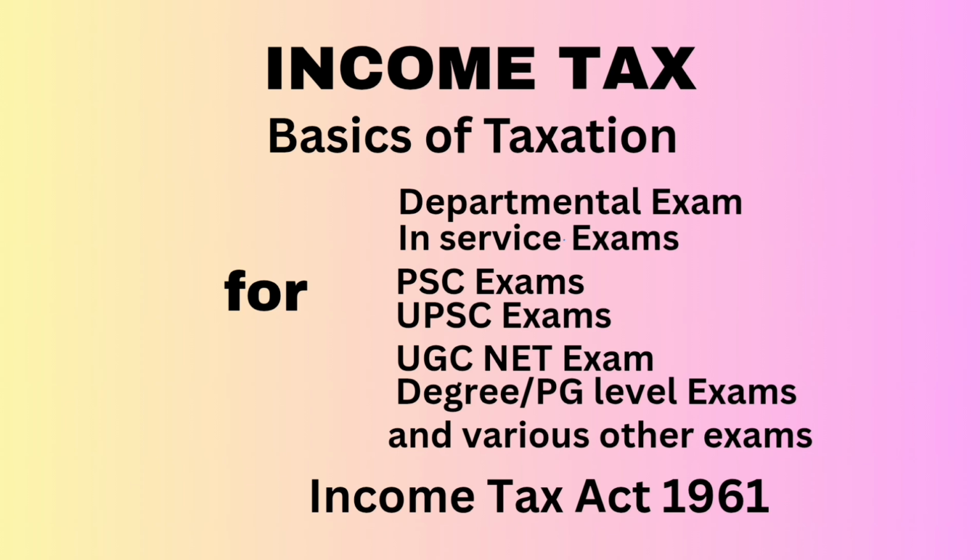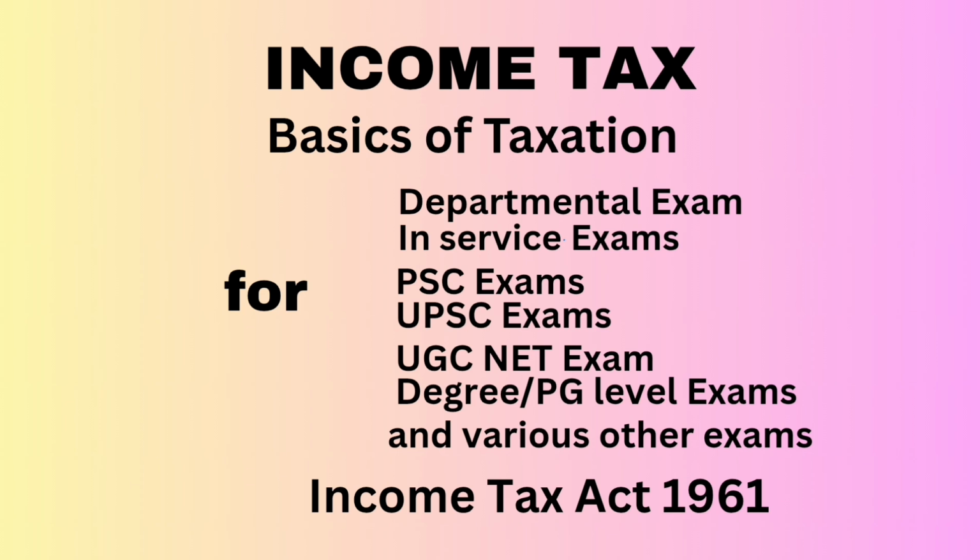23. Value of shares of a company in which public are not substantially interested, received in any previous year by a firm or a company in which public are not substantially interested, from any person or persons under section 56 subsection 2 subclause 7a. 24. Any consideration received for issue of shares as exceeds the fair market value of the shares referred to under section 56 subsection 2 subclause 7b.